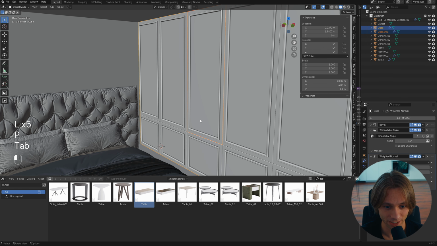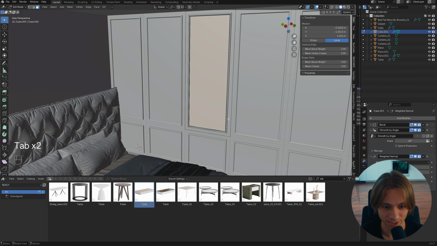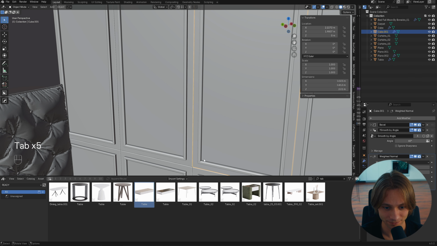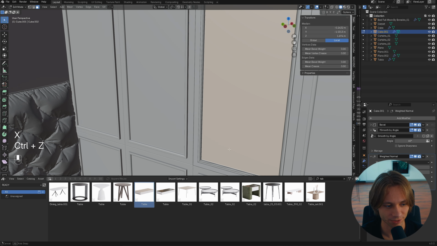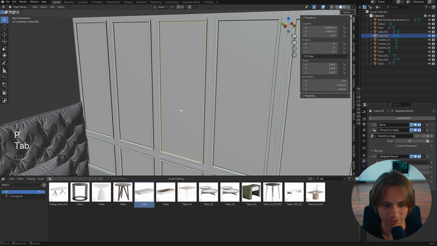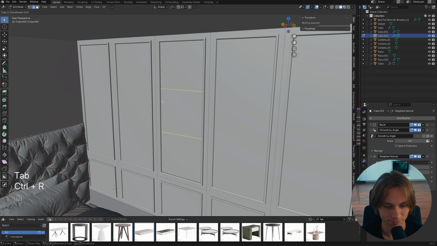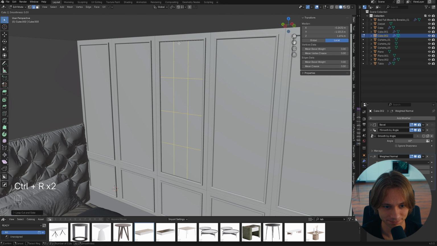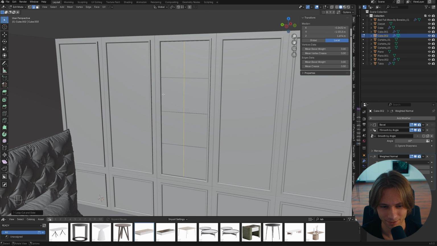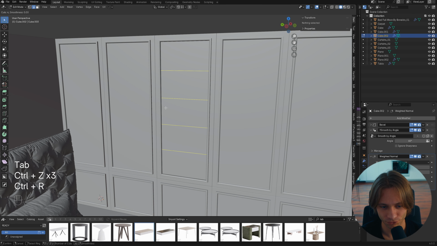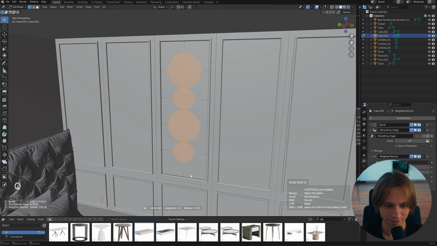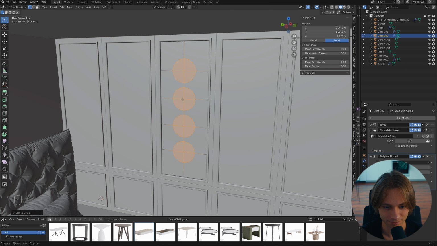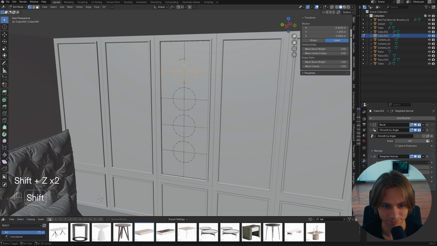Let's select this part of the cabinet. Ctrl P for separate selection. And let's make some circles here, so we have a difference in our cabinet to grab more attention. Let's add 3 loop cuts. Actually, no, let's add 4 loop cuts. Select 4 vertices and use HardOps for circles. And now let's move the circles so that they